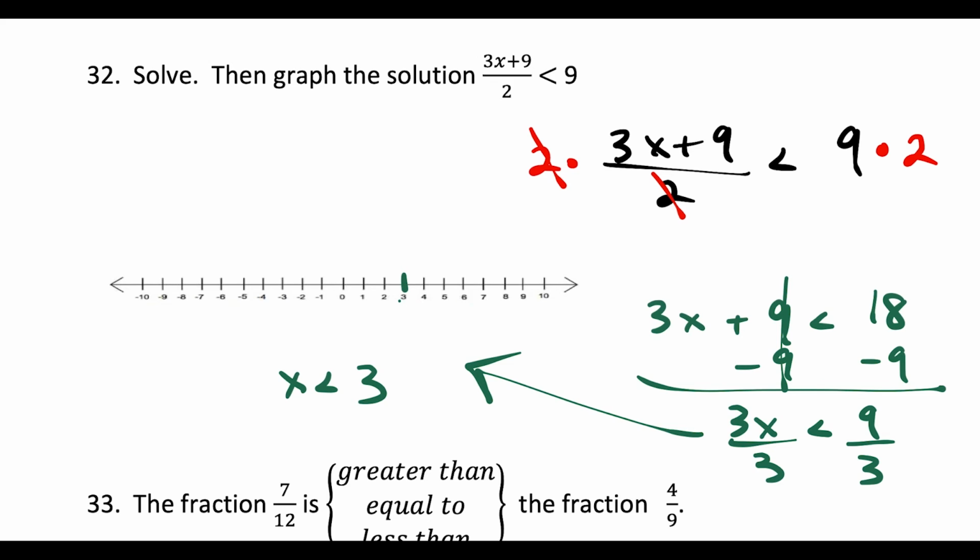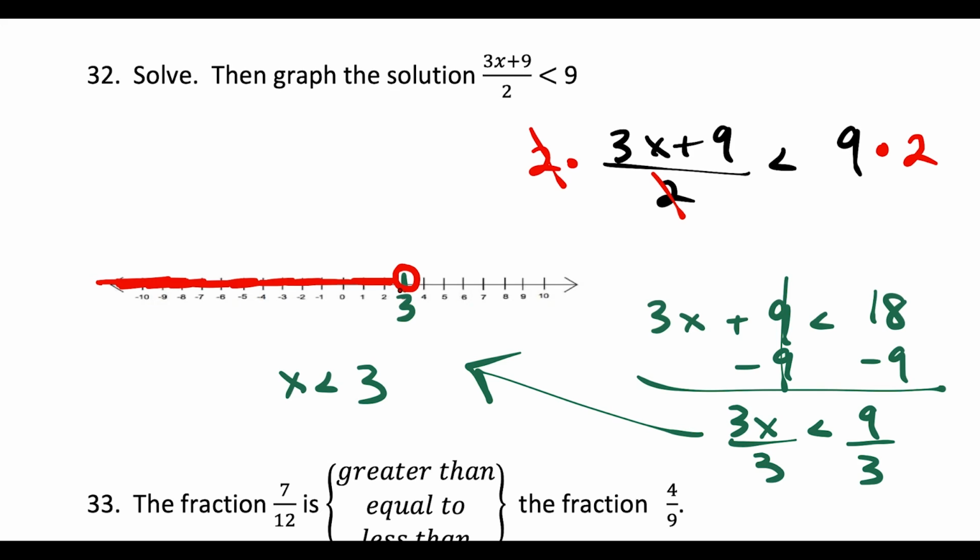So we find 3 on the number line. That's over here. And one thing to be careful of, it's x is strictly less than. So I'm going to put an open circle this time and shade everything to the left. Okay, a common mistake here is people might mistakenly color this in, but just know 3 is not part of